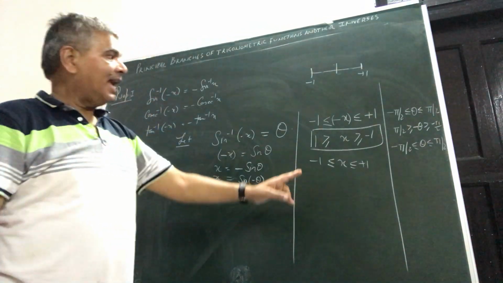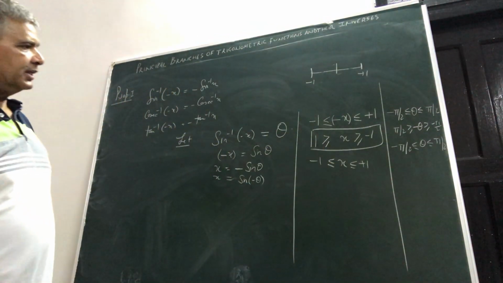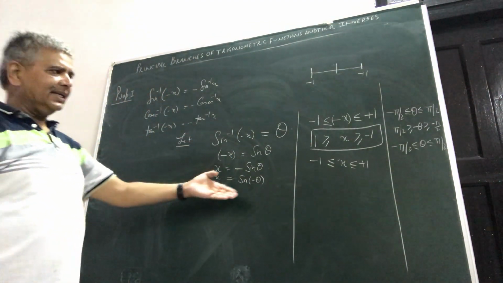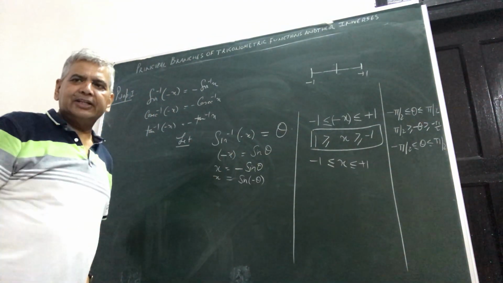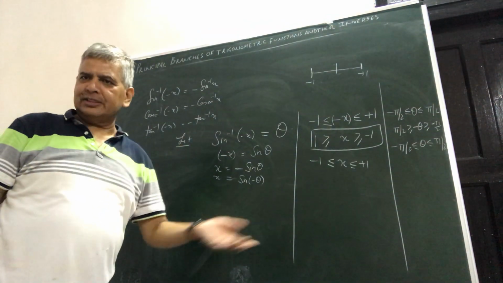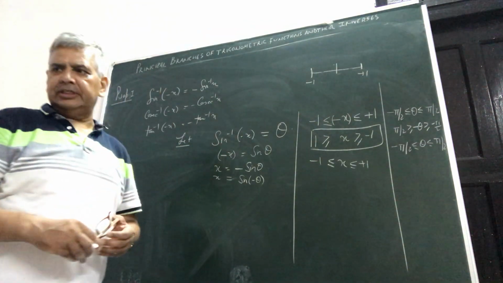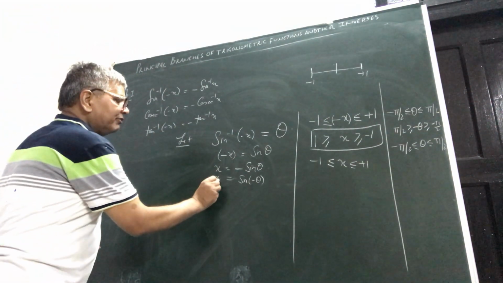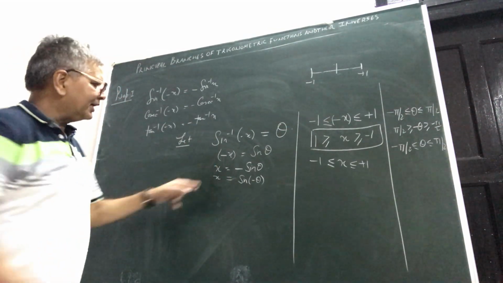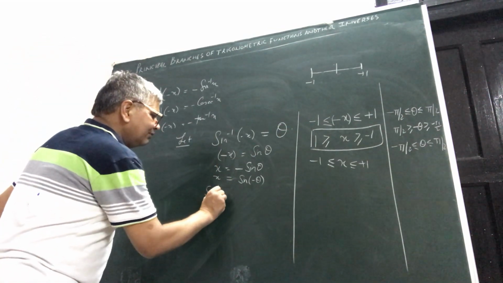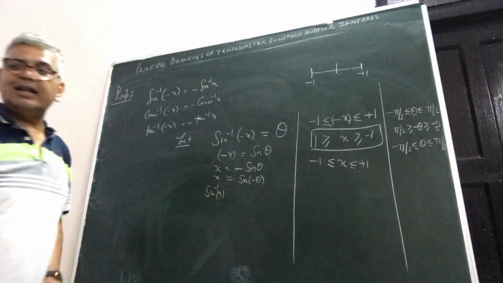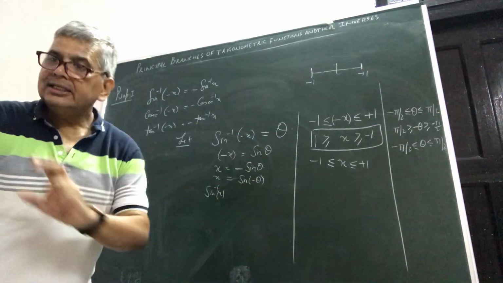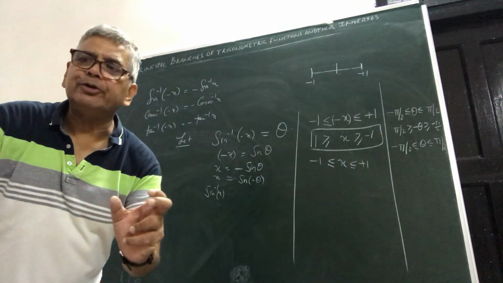So it will remain well within your wanted limits, because you are not jumping your principal branches. And this is the most important thing, because when you see cos, then you will jump your branch. But here in the sine case, as I said, it is a simpler case, you still remain within your branch. So you encounter no such problem of coming back to your principal branches. So my point is, here you have to be very cautious, because you are taking sine inverse x. Now sine inverse x you can take only when x is well within what? Minus 1 and plus 1. Likewise here, minus theta should be within minus pi by 2 to plus pi by 2.